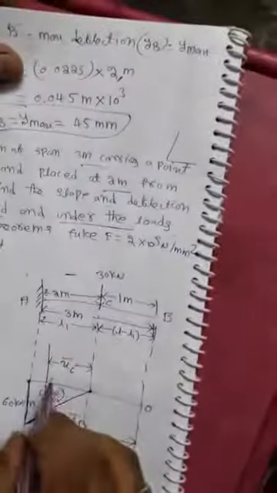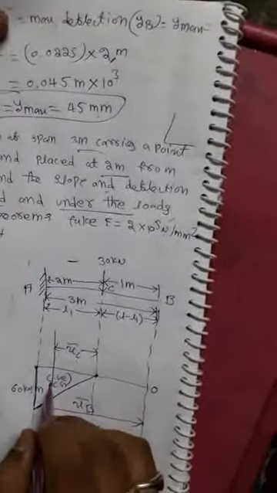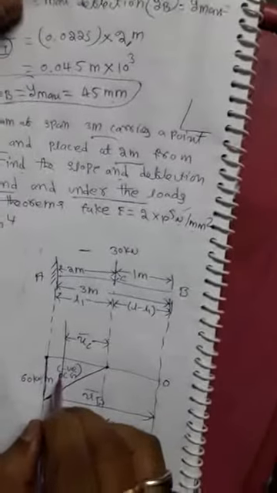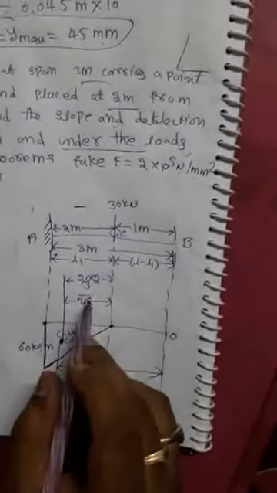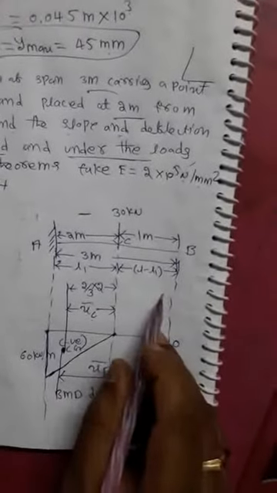So first, x bar C. This looks like a triangle, so the centroid formula of a triangle is 2 by 3 into L1. Here 2 by 3 into L1 is 2 by 3 into 2. So from B, we add L minus L1. L minus L1 is 1. So x bar B is